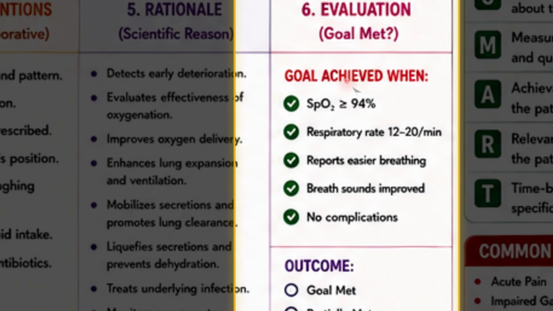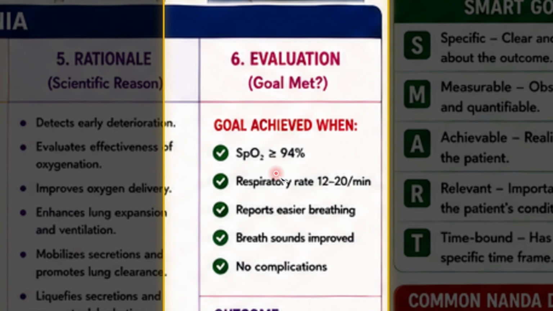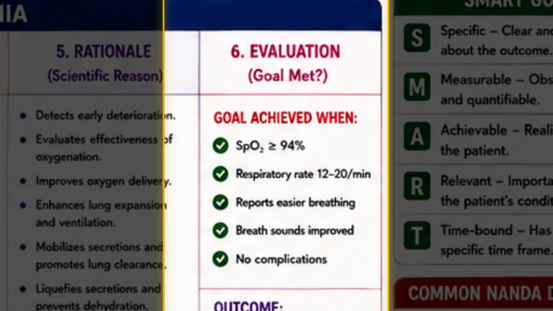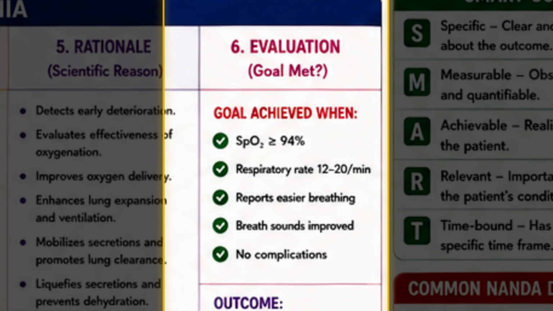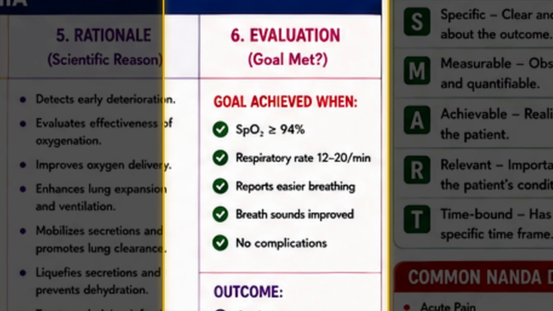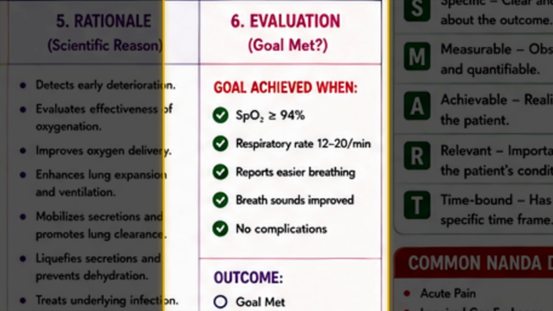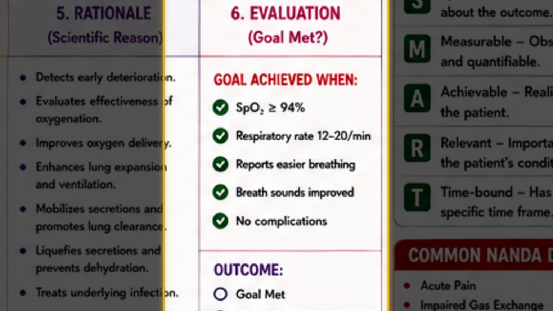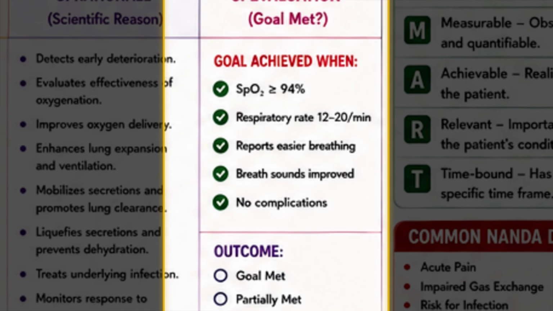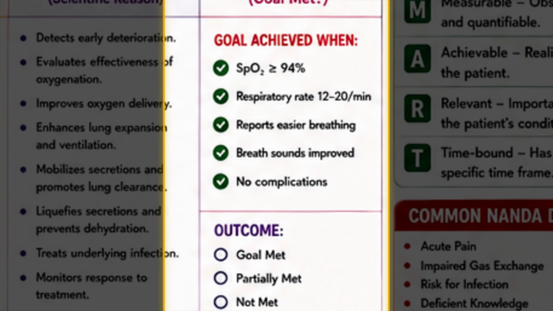Column 6. Evaluation is not simply checking boxes, it is a formal reassessment to determine if our SMART goal was successfully achieved. Look at the explicit criteria for goal achievement. The goal is deemed fully achieved when SpO2 is maintained at or above 94%, respiratory rate normalizes to 12 to 20 breaths per minute, the patient explicitly reports easier breathing, lung auscultation reveals improved or clear breath sounds, and